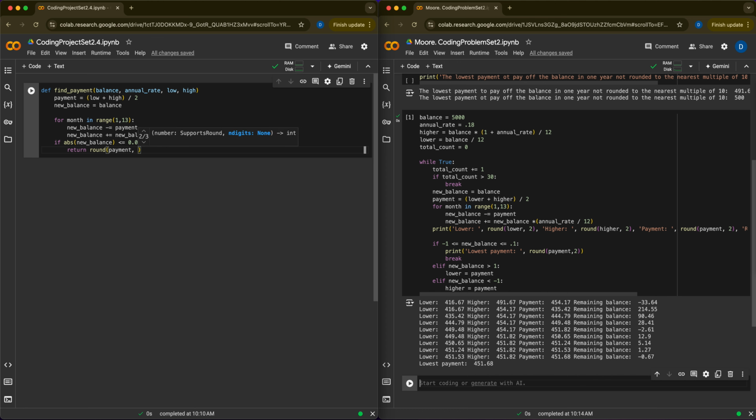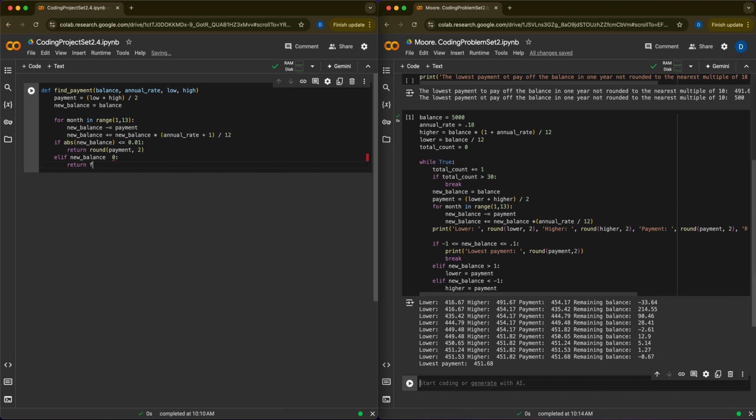That means we found the lowest payment, if it's less than or equal to 0.01. Next, if the new balance is less than 0, then